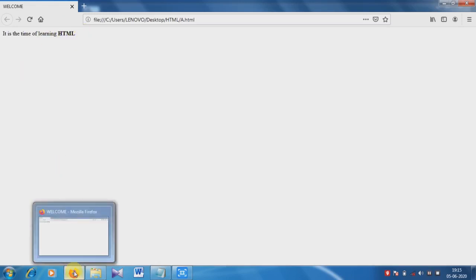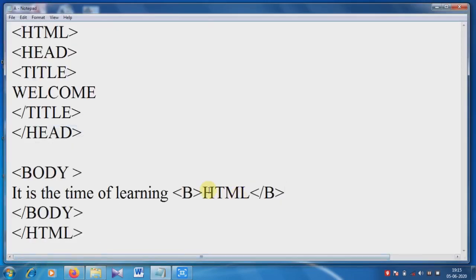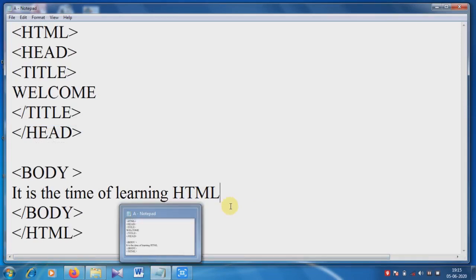See, it is the time of learning HTML, and now HTML is in bold. So without the B tag, what will be the output? Let's check that also. Without the B tag, this is the normal text.